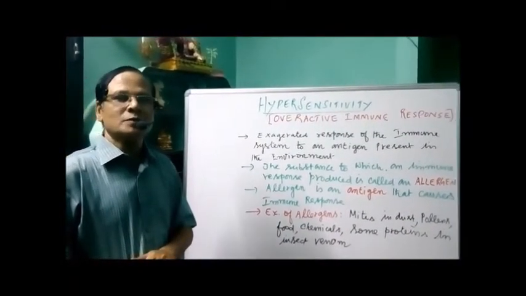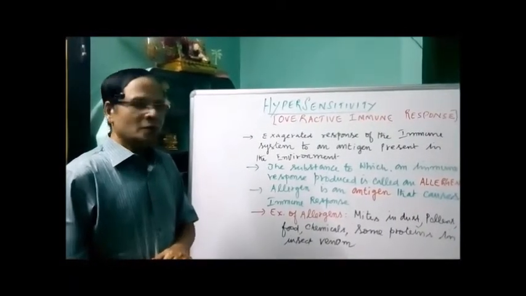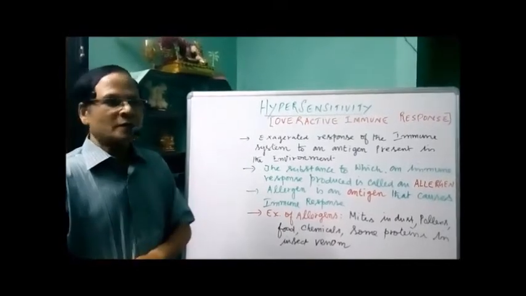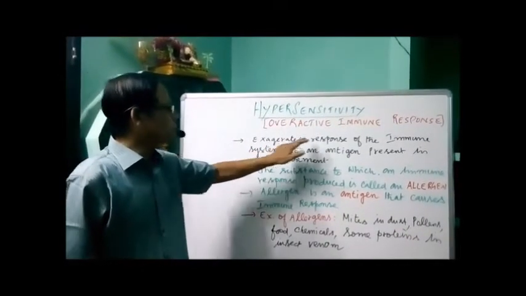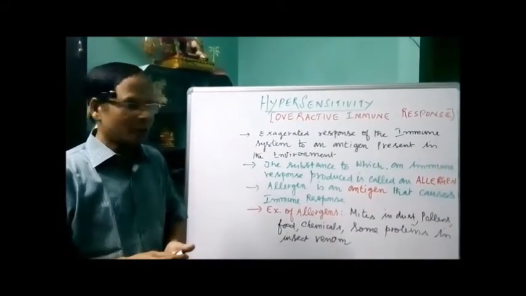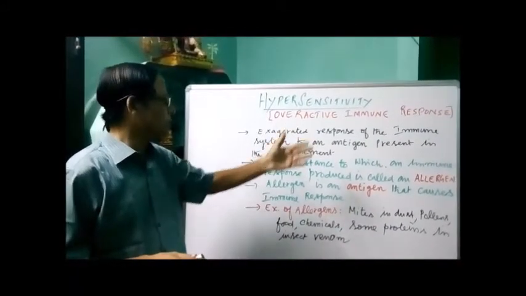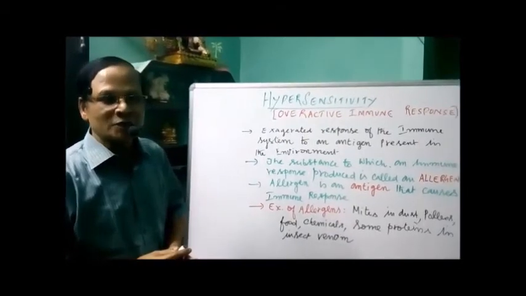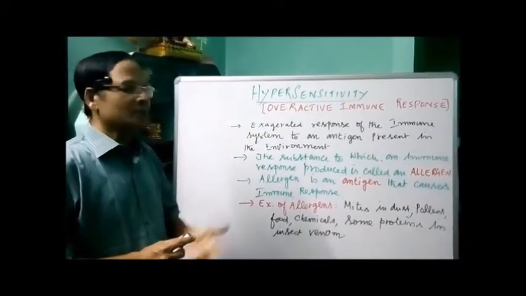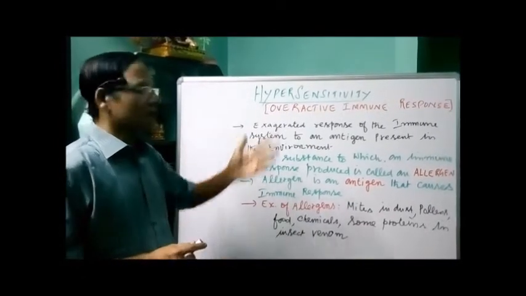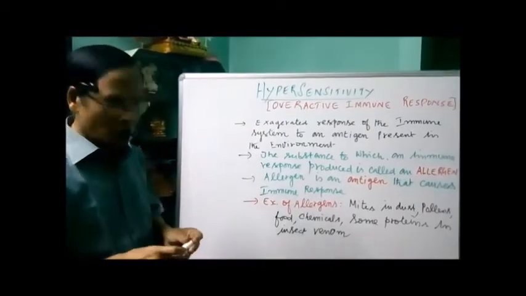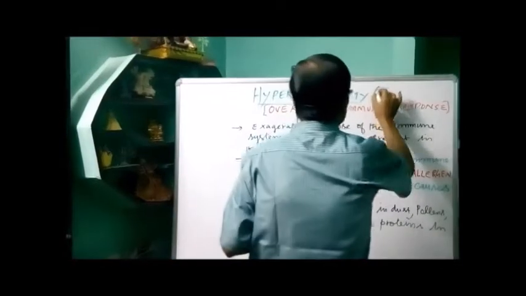This is because of the immune system. Some individuals are very sensitive to particles present in the environment, an exaggerated response of the immune system. This is a response of the immune system, not against the individual, simply the response of the immune system to an antigen. Any particle foreign to the body is called an antigen. This is known as hypersensitivity, also called by another name, allergy.